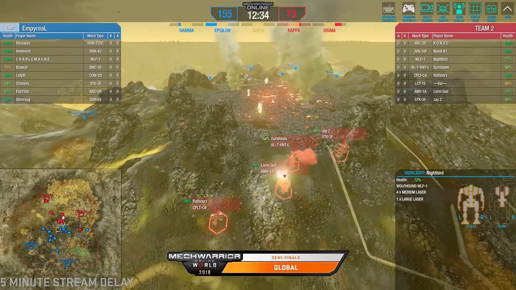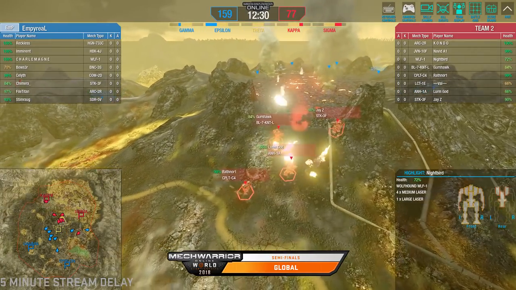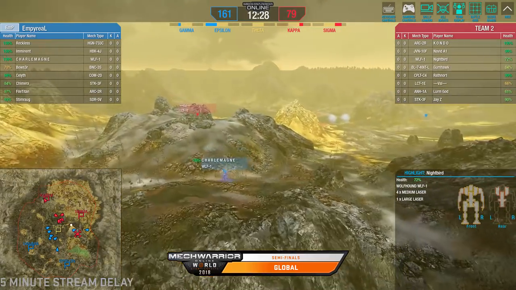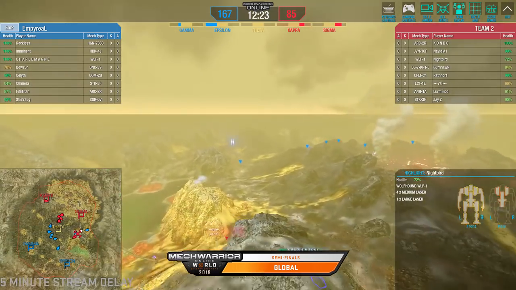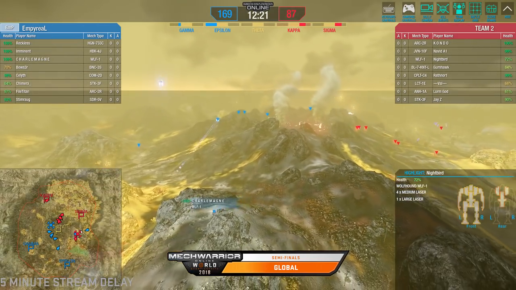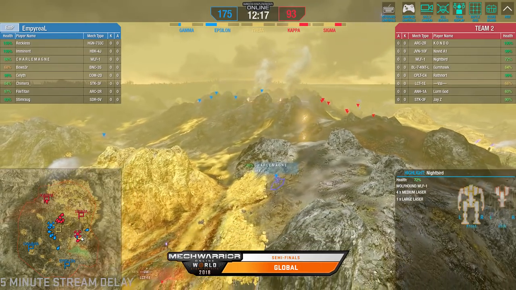Wild Ones just seemingly unable to stay out of harm's way here, as I believe Charlemagne in this Wolfhound now assisting with even more. I don't know whose UAV this is, but if it's Val's, that rain's going to come in and start hitting Charlemagne here. That might be a very key